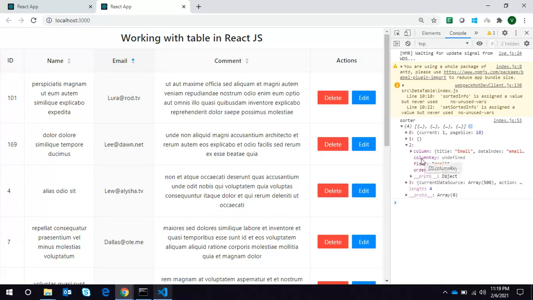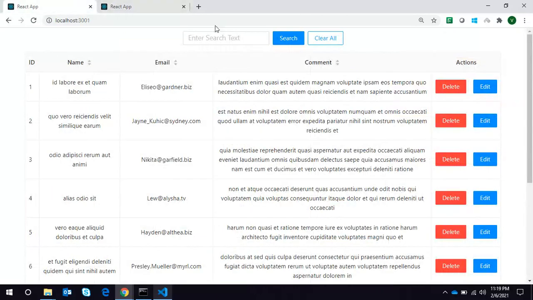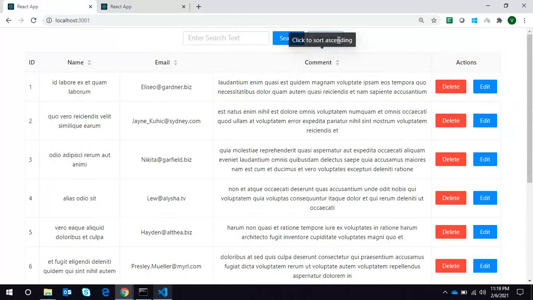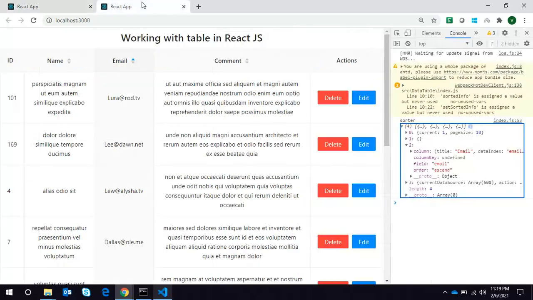We have to store this sorted information in the state, so whenever a user clicks clear all, it will reset the order. I think we will implement this clear all functionality in the next video.